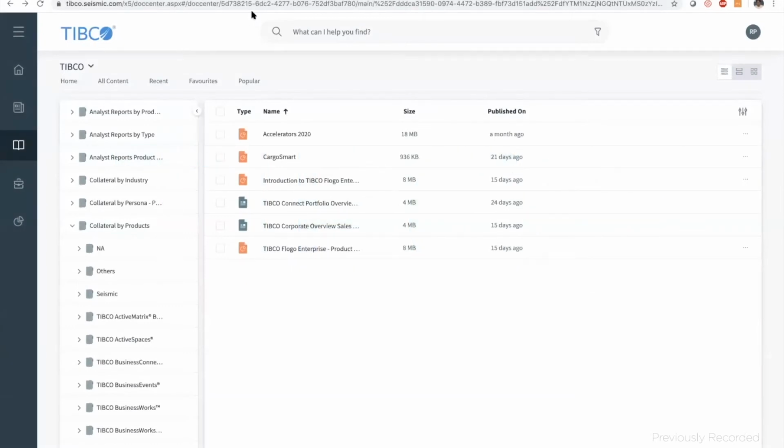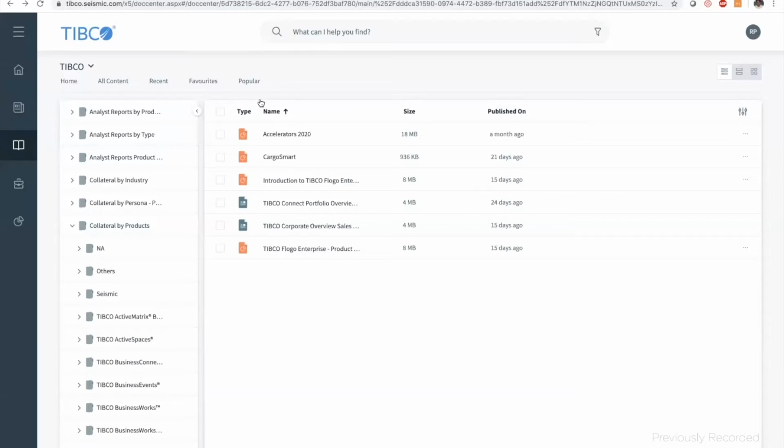Today we are going to focus on some of the new features that we've added in Flogo Enterprise over the last few releases. I'm particularly focusing on microservices communication patterns and open tracing for observability. Before I hand it over to Vijay, who's going to demonstrate these new capabilities, I quickly wanted to share a couple of things.